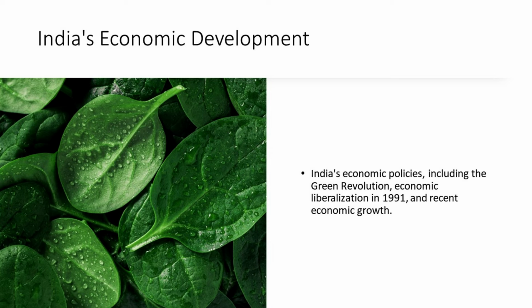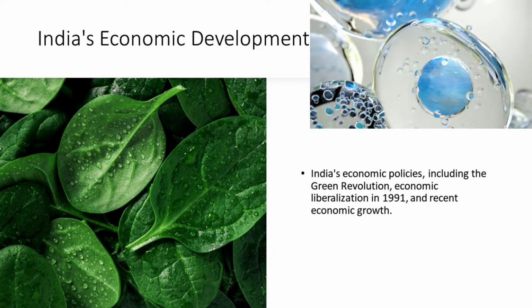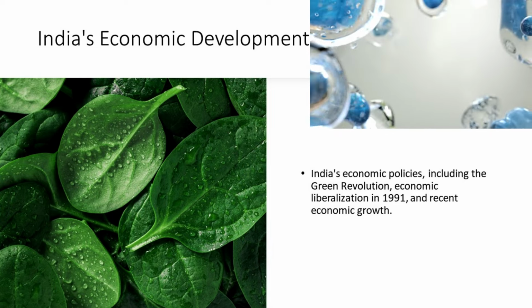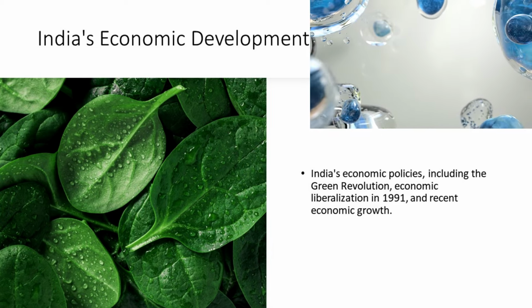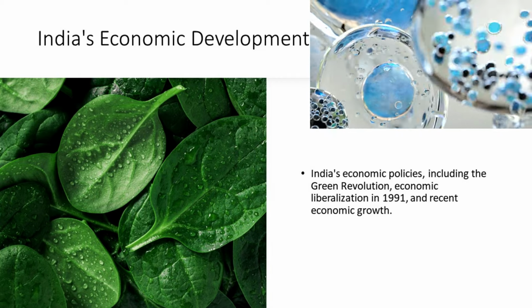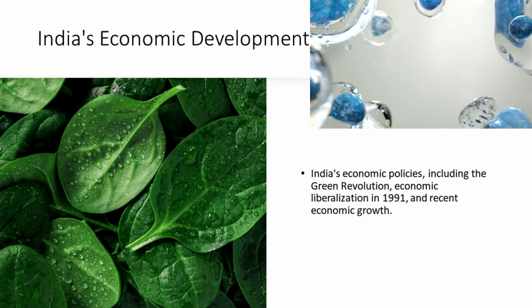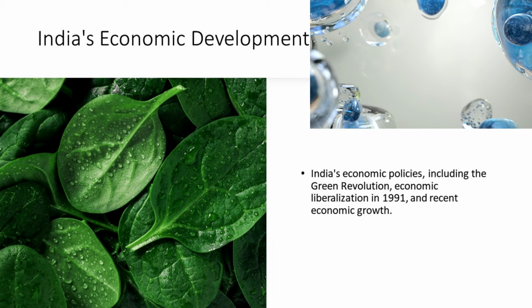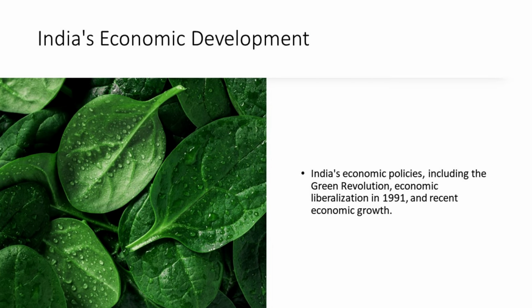In 1991, India embraced economic liberalization policies, opening its markets to globalization and foreign investments. This shift led to substantial growth in sectors such as information technology, telecommunications, and services. The rise of the IT industry, in particular, marked India's emergence as a global technology hub, creating millions of jobs